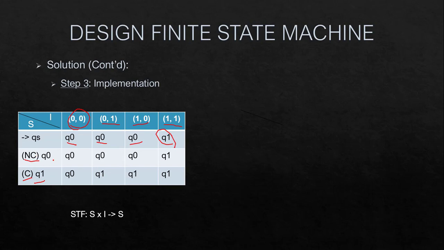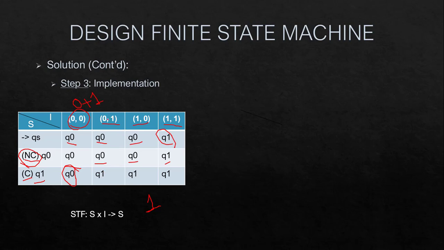Then when we arrive in Q0, that means no previous carry was generated, so we will again have the same transitions as QS. Only for 1, 1 will a carry be generated. Now when we reach the Q1 state, that means the previous addition had generated a carry of 1. So when we get 0, 0, after adding 0, 0 we get 0, and then when we add 1 to it, no carry is generated.